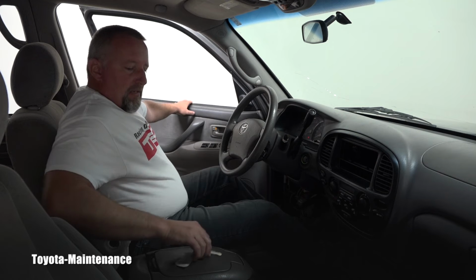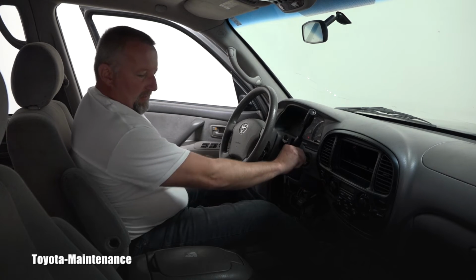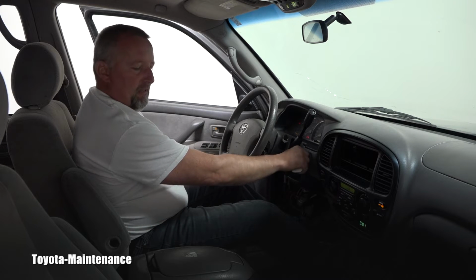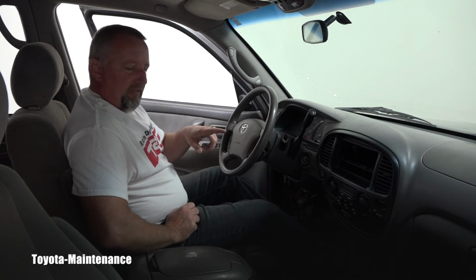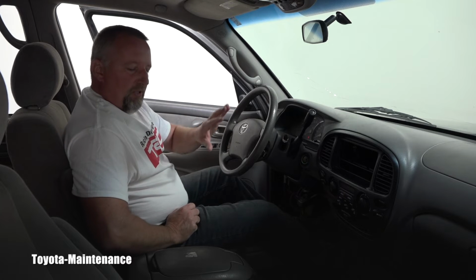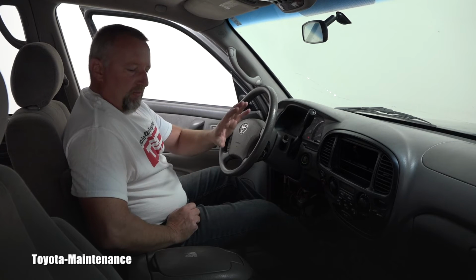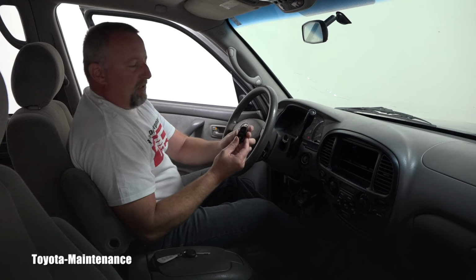Alright. I will insert the key in the ignition. I will turn it on, keep it for 1 second, turn it off, and pull the key out. Did you hear? The computer automatically did lock and unlock once within 3 seconds, and that was confirmation that it's in this mode right now. So within 30 seconds I will grab this transmitter and